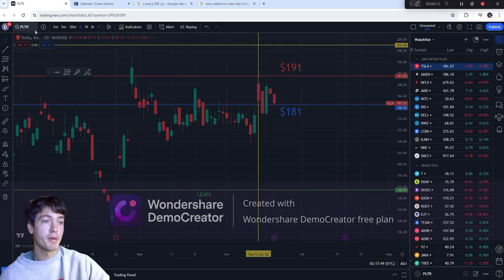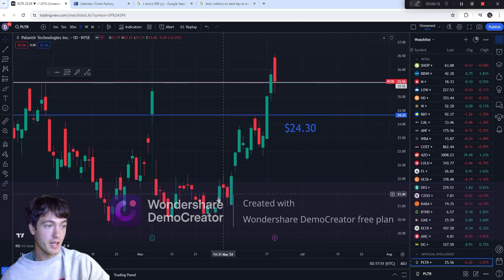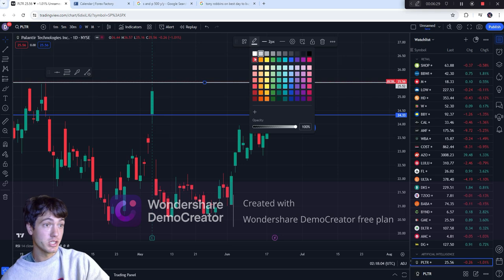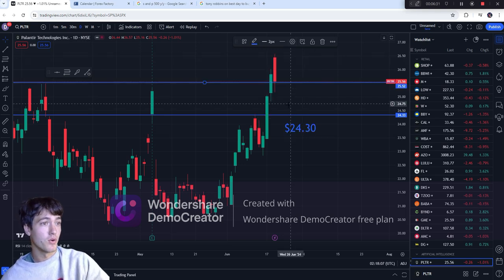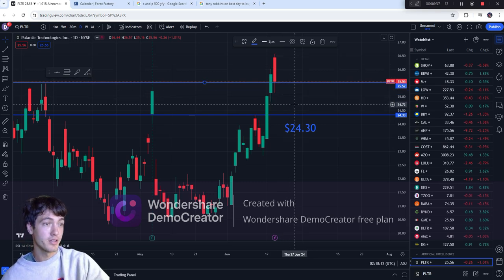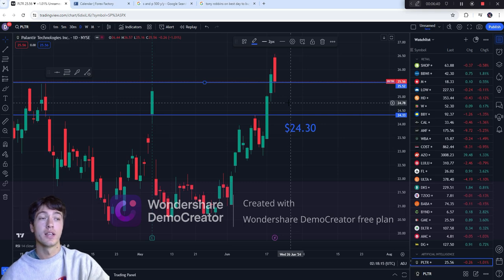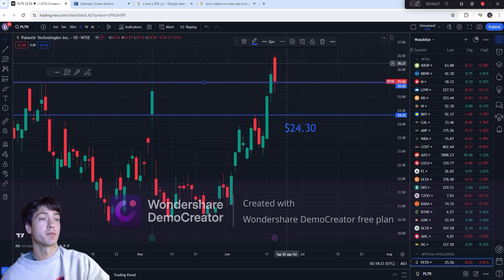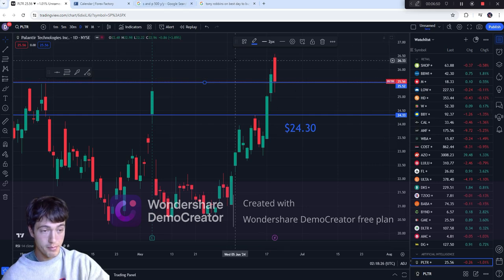Palantir has been running up the past couple days, along with a lot of the AI sector, the other stocks. So I have support at 24.30 and it came down to my target right here. So this is pretty much acting as support as well. If we keep this support tomorrow, then we should see some more upward movement. But if we break this tomorrow, then it'll just be a normal retracement back to the downside, and that's when I'm going to want to get some shares or some light call options. Once it retraces, we get call options back to the upside and we'll make a target. So that's what I'm looking for on Palantir.